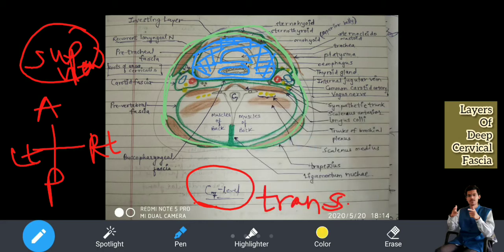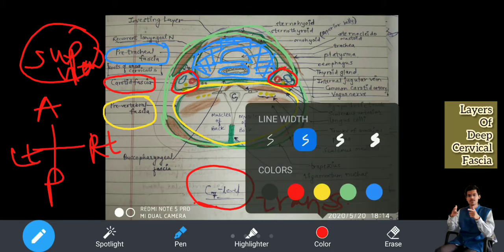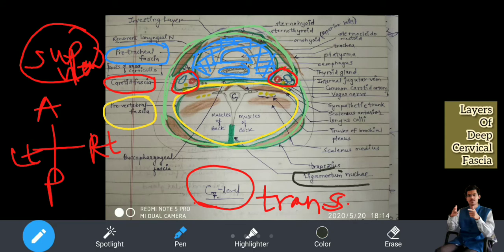Now in yellow color I will show you the prevertebral fascia. See, I have encircled it here. The blue one, again I am telling you, is the pretracheal fascia, which I have encircled on your left side. Now I will use the red color to show the carotid sheath. I have already given you an idea of what these are yesterday. Today we will talk in extensive detail about them. You need to remember one more structure which I will mark in black, that is the ligamentum nuchae.